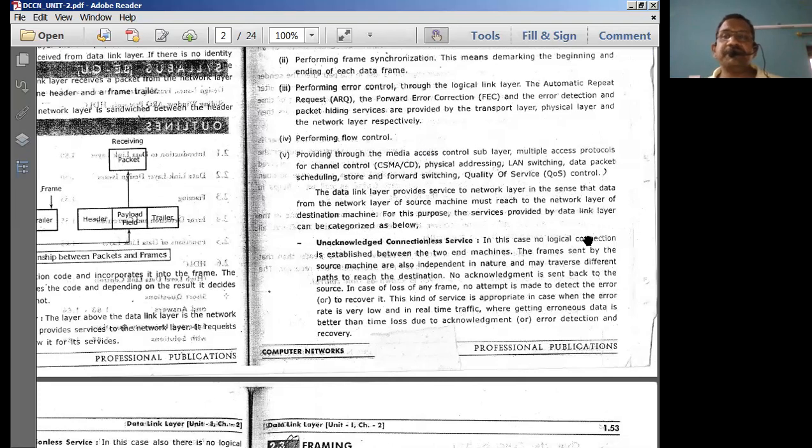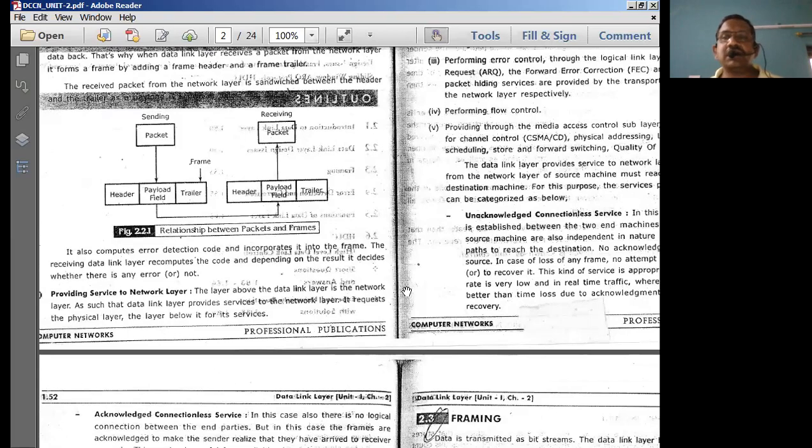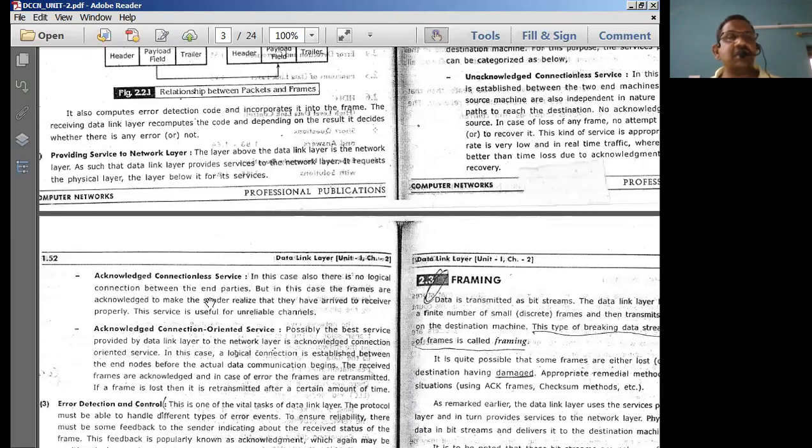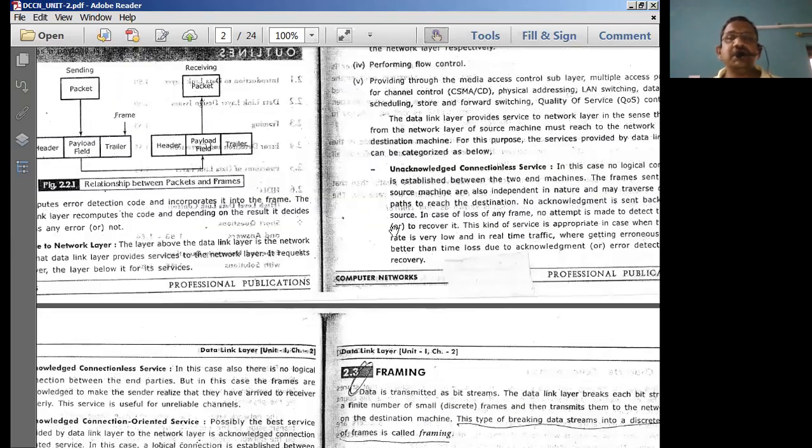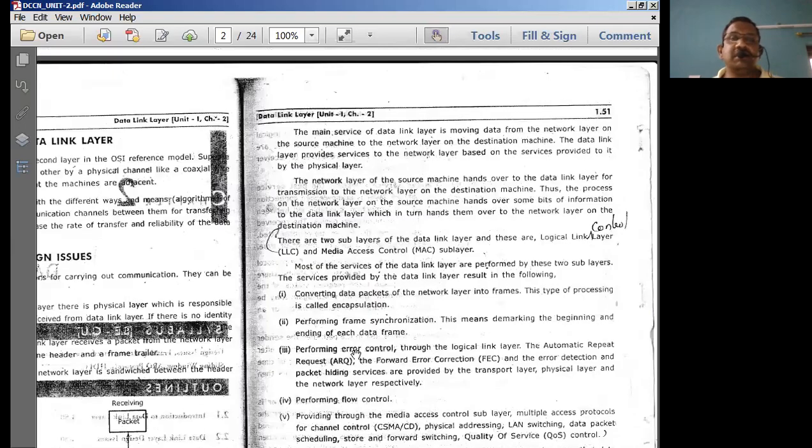For this purpose, the services of the data link layer can be characterized as unacknowledged connectionless service, acknowledged connectionless service, and acknowledged connection oriented service. These are the sub functionalities of this particular network layer service.